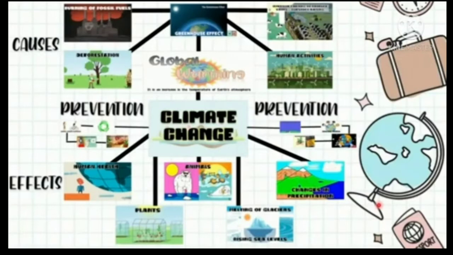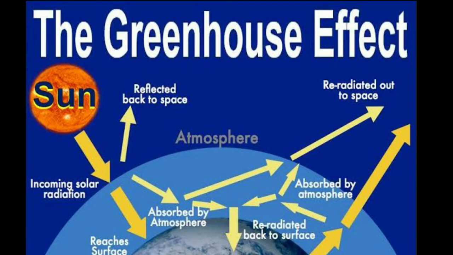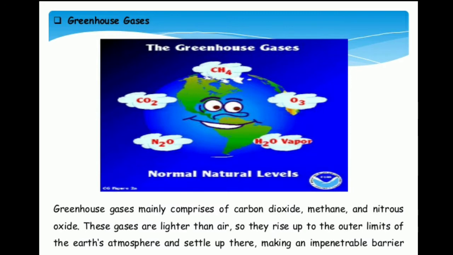Global warming, as we all know, is an increase in the temperatures of Earth's atmosphere. This gradual increase in the overall temperature of the Earth's atmosphere is due to the greenhouse effect. Greenhouse effect is the process in which radiation from the sun is absorbed by greenhouse gases and not reflected back into space. Carbon dioxide, nitrous oxide, methane, water vapor,